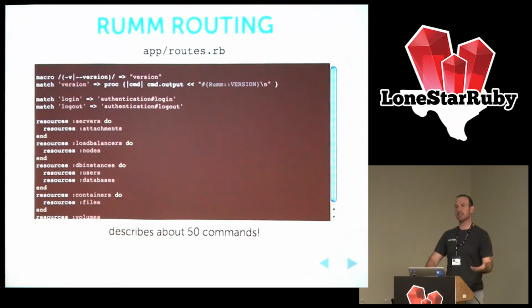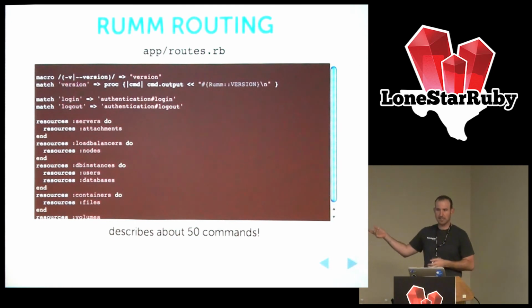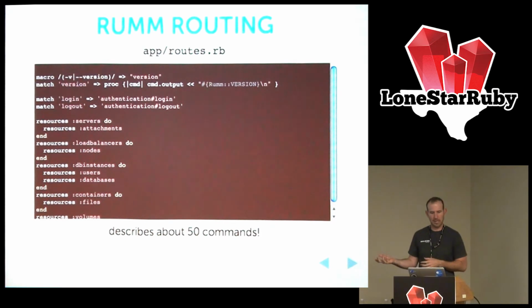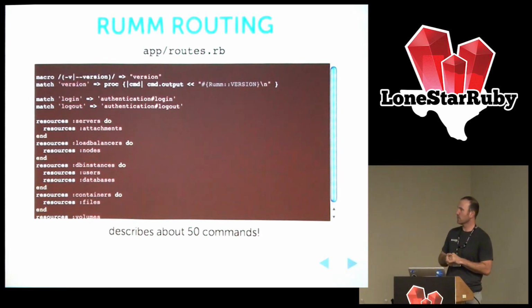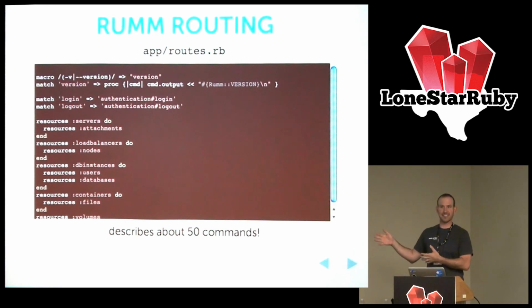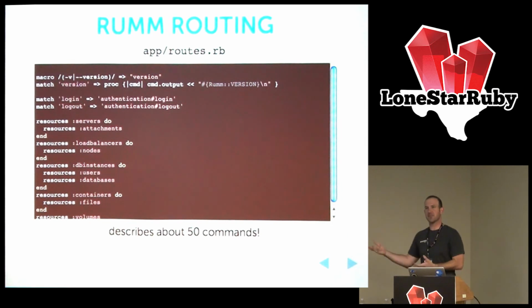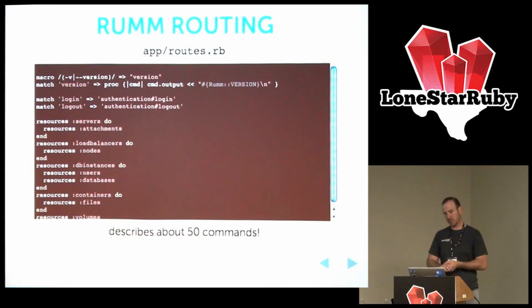So let's see how far we can take this. Once we made this realization, we said, okay, let's roll with this. Let's just crib and cargo cult everything we can. Here's a snippet from the RUM routing file, and you can see you can match arbitrary strings to controller actions, and you have similar resourceful routing. There are 50 commands embedded in this snippet, but the intent is that you don't get lost in the noise. I can really see what this is about. And that's very powerful. There's a reason it's powerful in Rails, and I think it works very well for the CLI.